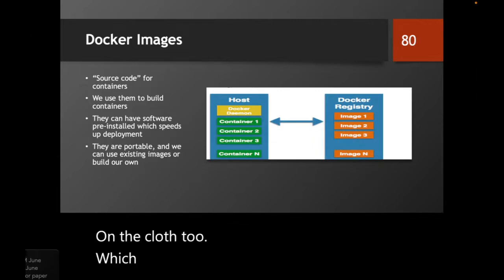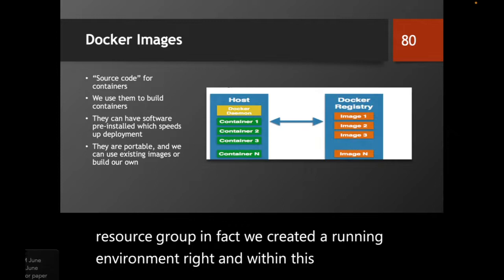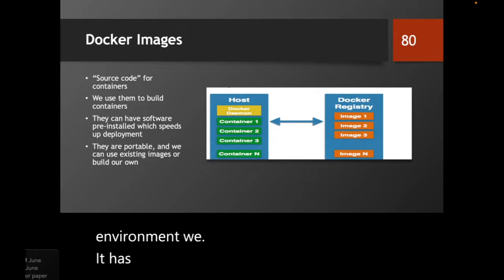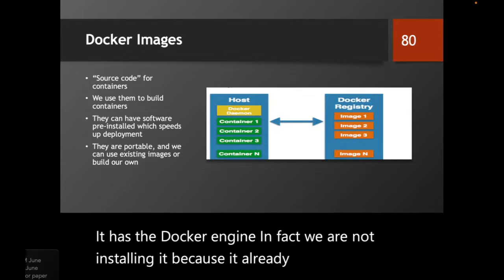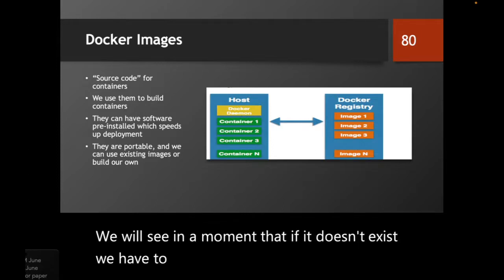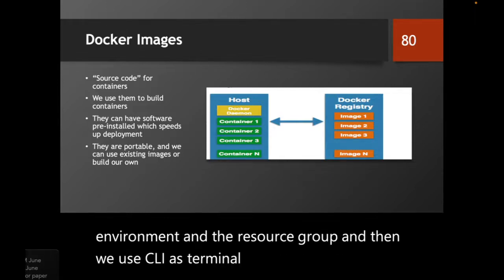Which means that when we created the resource group, in fact, we created a running environment, right? And within this running environment, well, it has the Docker engine. In fact, we are not installing it because it already has it installed. We will see in a moment that if it doesn't exist, we have to install it anyway. So we have this environment in the resource group, and then we use CLI as terminal to access this